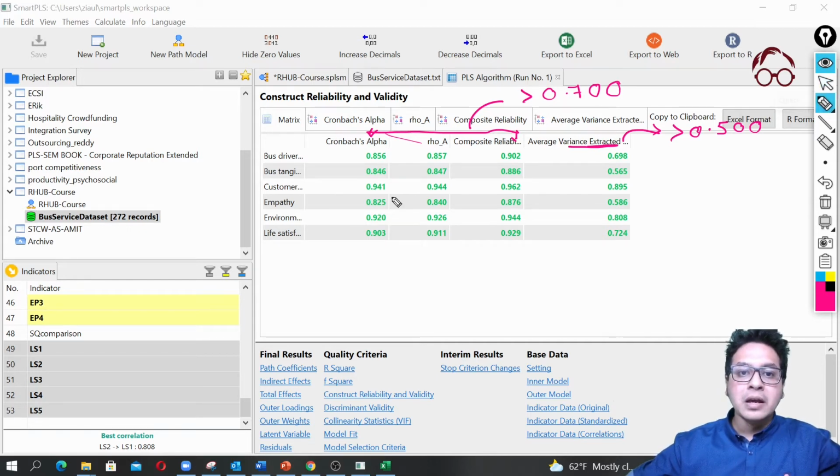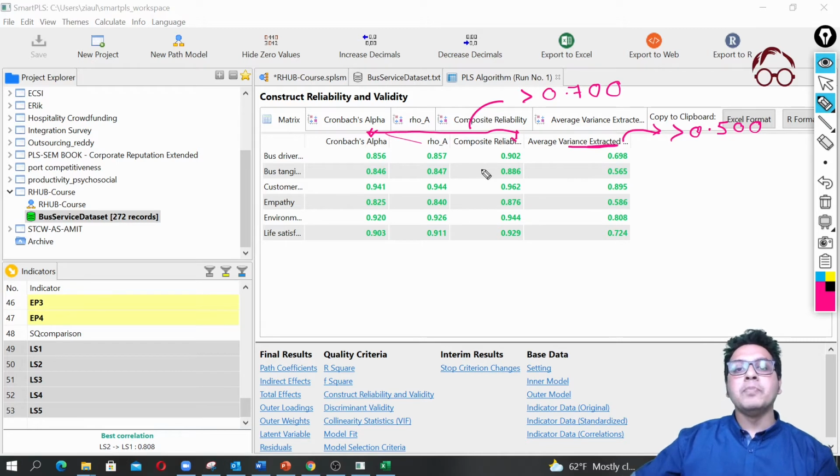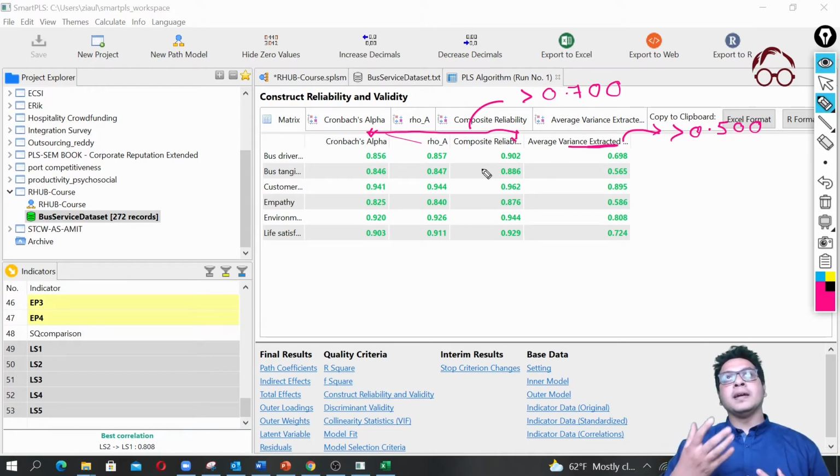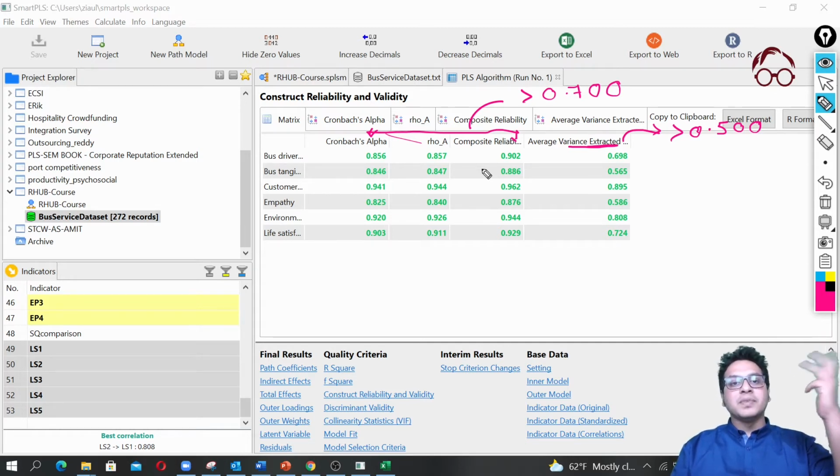That means our latent variables are reliable. Okay. So from the Cronbach alpha, rho A, and composite reliability, we can say that the values here are reliable. Okay, so that's a great thing. And normally if you want to say it actually kind of indicates reliability. And another concept is the convergent validity. Okay, so convergent validity would mean that if the items are measuring the construct, they're measuring something that is a valid construct. Okay, so to see that,